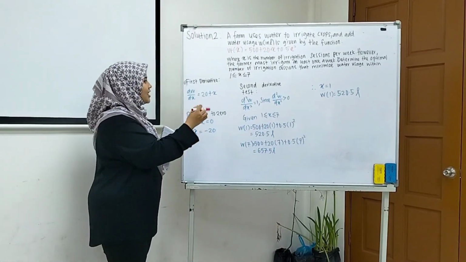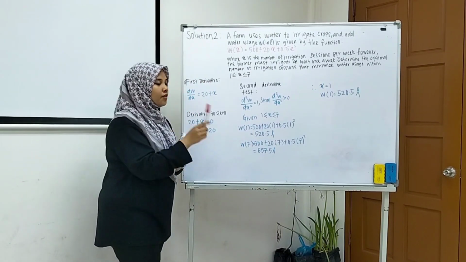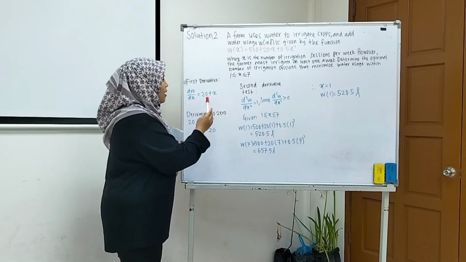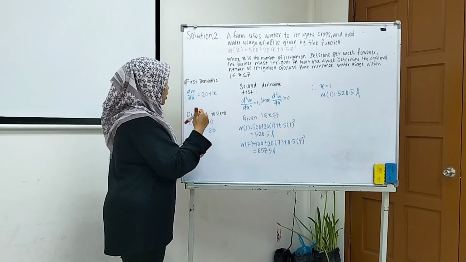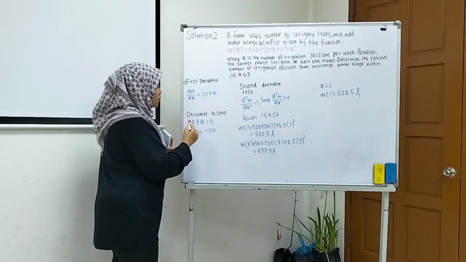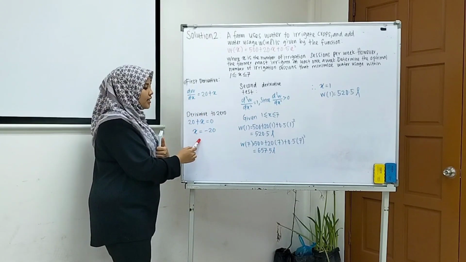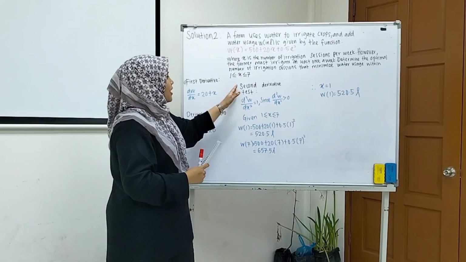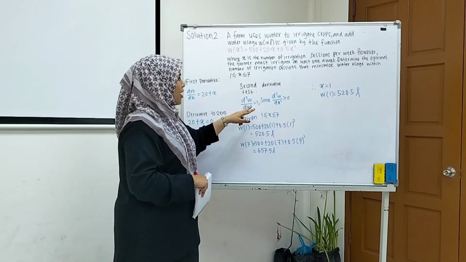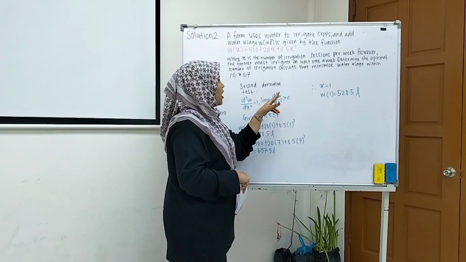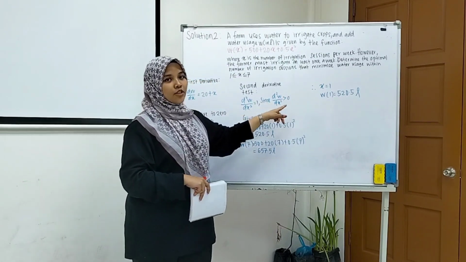So first, we're going to get the first derivative, which is dW/dx equals 20 plus x. Next, we're going to set the derivative to 0. So 20 plus x equals 0, and we get x equals negative 20. Second derivative test: d²W/dx² equals 1, and since d²W/dx² is more than 0,